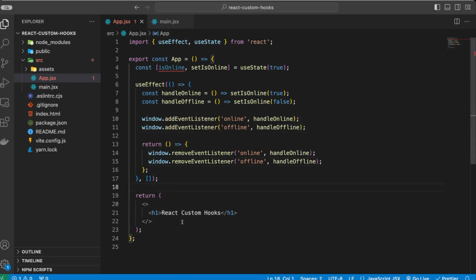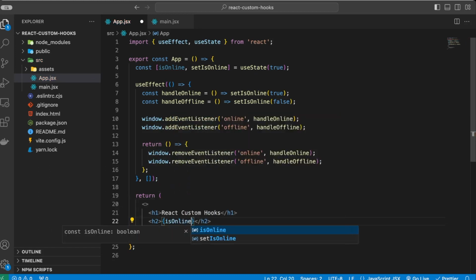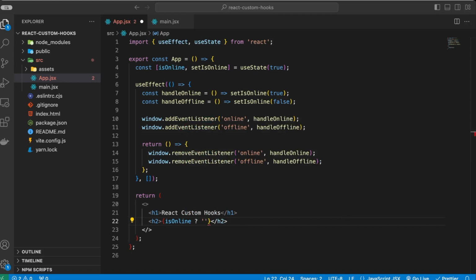And then in here we just do isOnline question mark, paste in an icon, otherwise